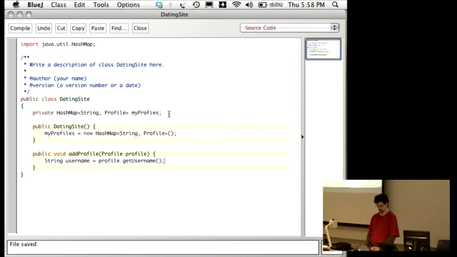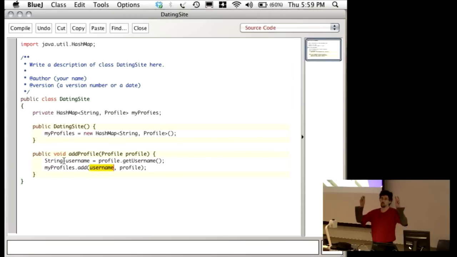So I've been given Morgan's profile. It has Morgan's username stored on it, and so I ask it for Morgan's username. And now I'm going to add that to my hash map using that username as the key. So I can say myProfiles.put(username, profile). What I'm doing there is creating a new entry. The index for that entry is Morgan, and the profile for that entry is this Morgan's profile that I've just been given. And so now, in terms of an illustration,